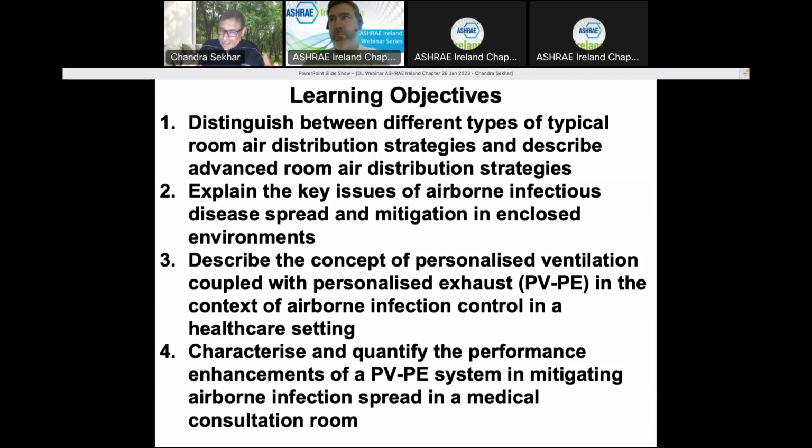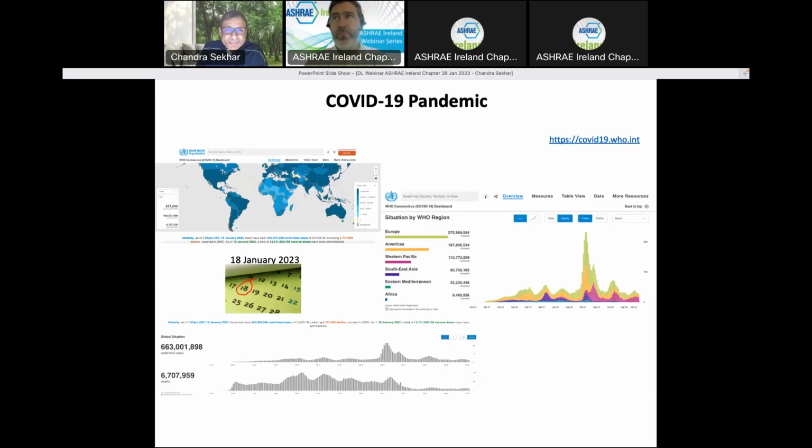Can we provide better ventilation in the occupied zone to every individual so that the occupant exposure can be better managed? And that's really, I suppose, at the bottom of it, the technique or the strategy we should be striving to achieve. As a quick overview, this was just pulled out not too long back,